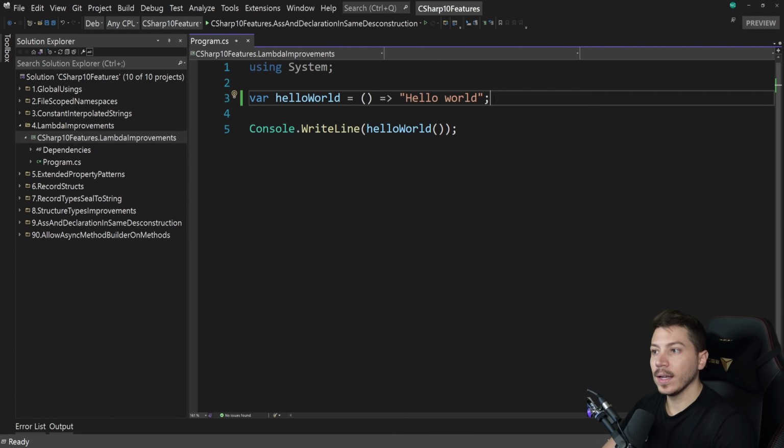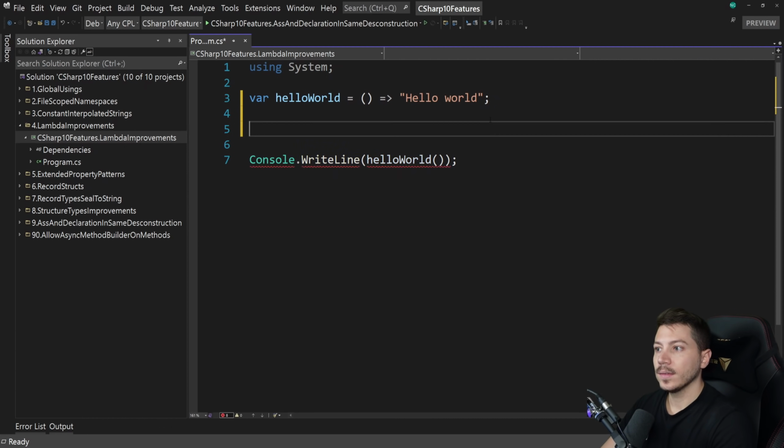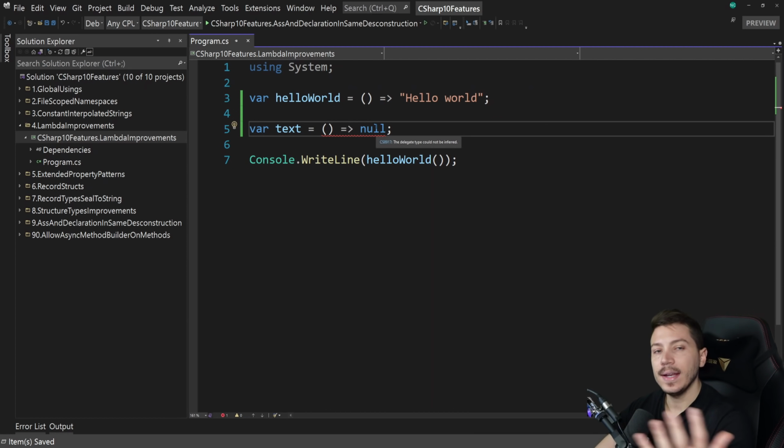And why is this a big deal? Well, it significantly declutters your code when you're working with functions and actions. I no longer have to be type explicit everywhere. Now the compiler is smarter and understands exactly what's going on with the type. And in fact, it's so smart that you can now also do something like this. Before, you could not obviously have a lambda like this. And technically you still can't, because null can be any type, so it doesn't necessarily know what it should return.